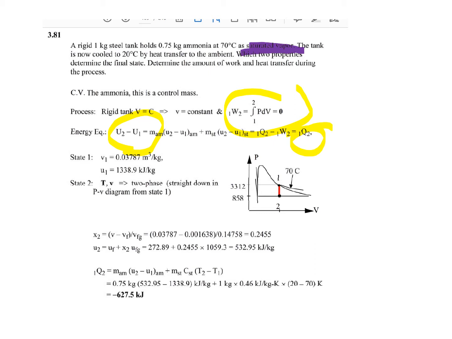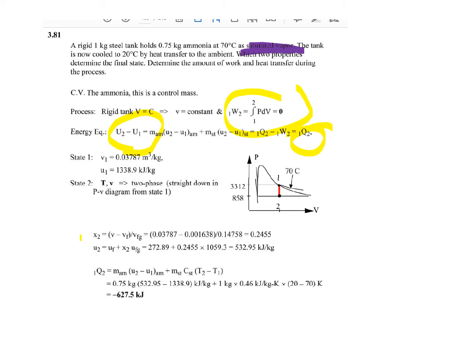Now, because the heat is drawn out, we know that it will decrease the internal energy, and the system will move toward the mixed phase. The volume will remain the same as in the second state, because it is a rigid container, and therefore we can find the value of x,